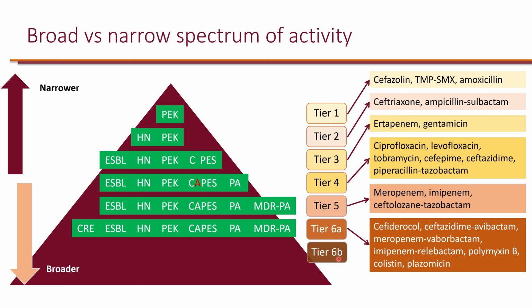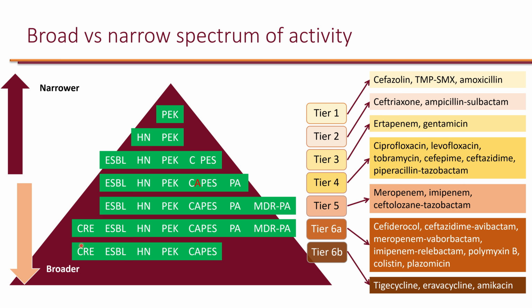They also have a tier 6B because there are agents that are active against CRE and ESBL, but they actually do not have activity against Pseudomonas. So there is actually a hole in tier 6B, but still these are pretty broad, even though they don't have activity against Pseudomonas, because they are active against CRE. So we really want to reserve these for when we don't have other agents available, because when we get infections due to CRE, we really have limited options. And by the time we get to CRE, it's really easy for these organisms to be resistant to multiple classes